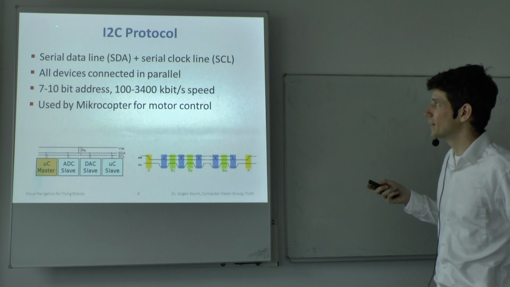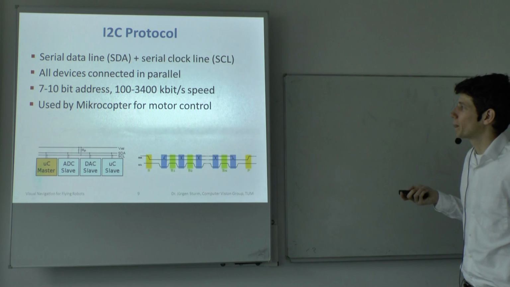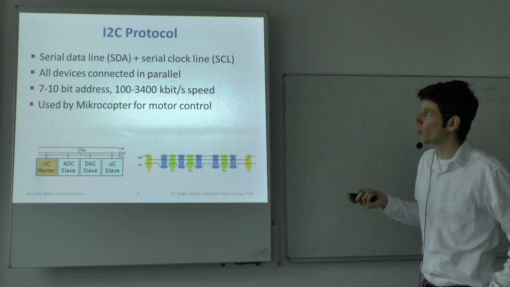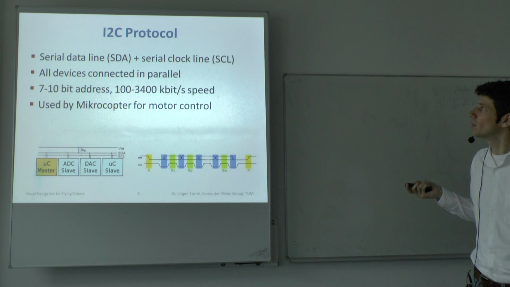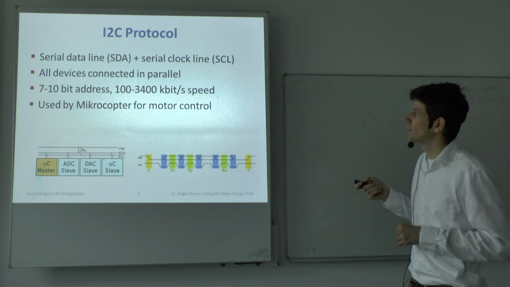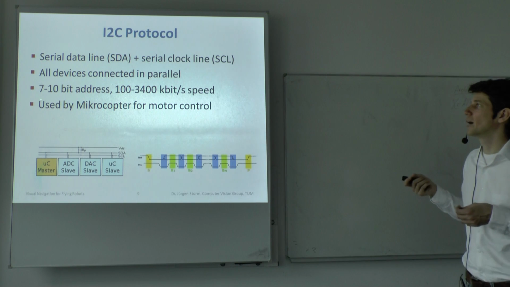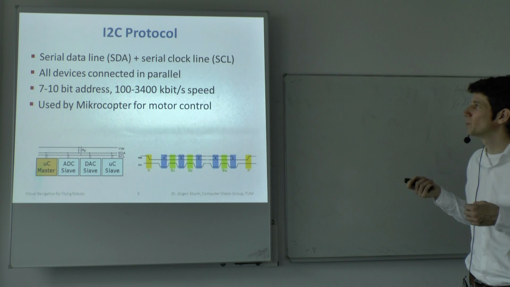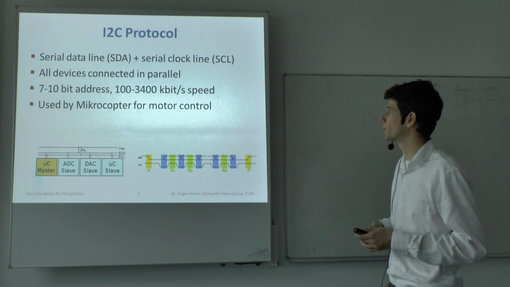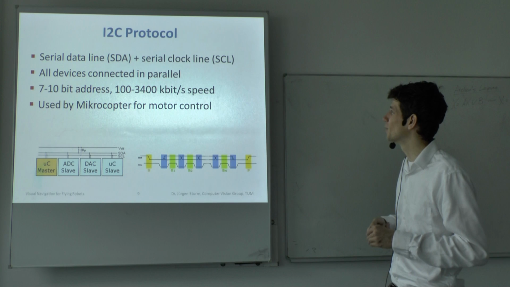So it's a bit more complicated than the PWM protocol, but essentially it's a serial connection. You have two wires. One of them gives you the clock signal, and the other one carries the data. And it's one huge bus, and everything is connected to the same bus. Then a master on the bus transmits messages and addresses a certain piece of hardware by specifying its address, and then transmits some data between them. It's relatively slow